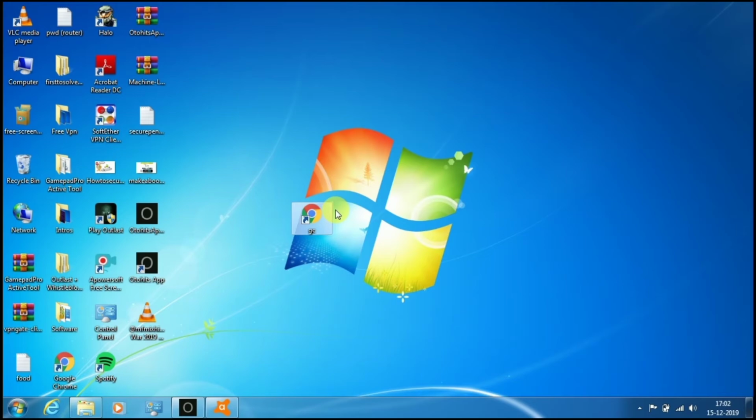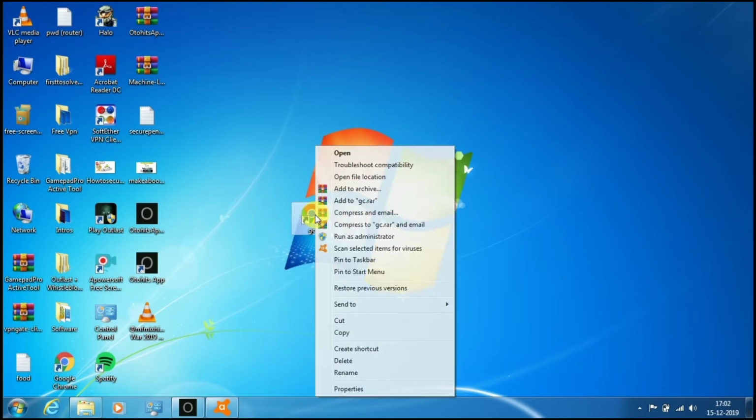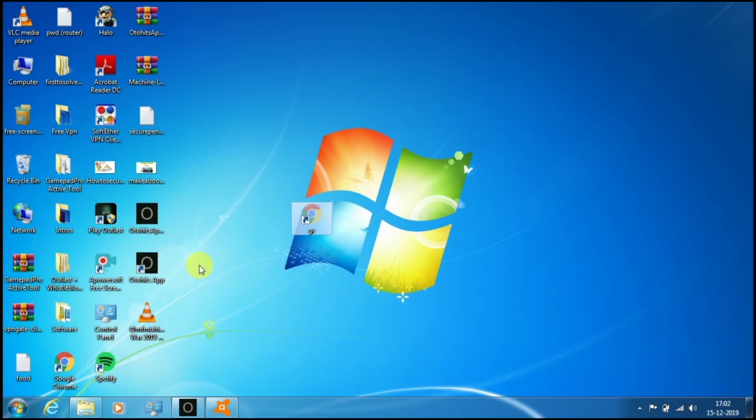So the final step is, right click onto the newly created Google Chrome and cut or copy here and paste it into your Windows folder, which is in the C drive.